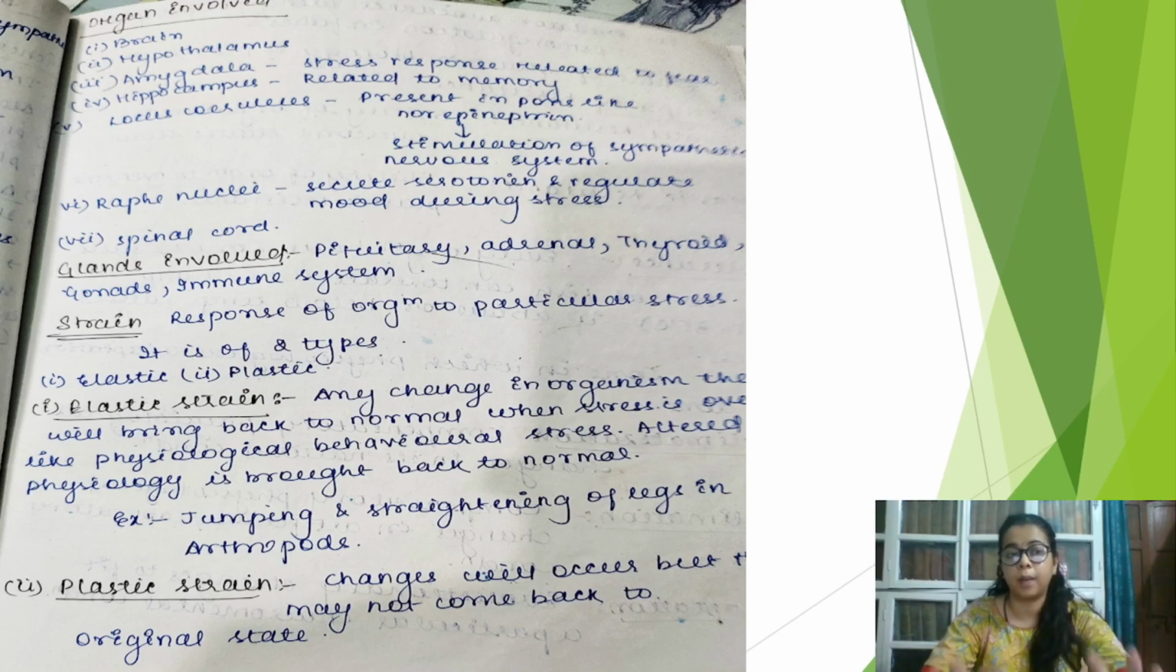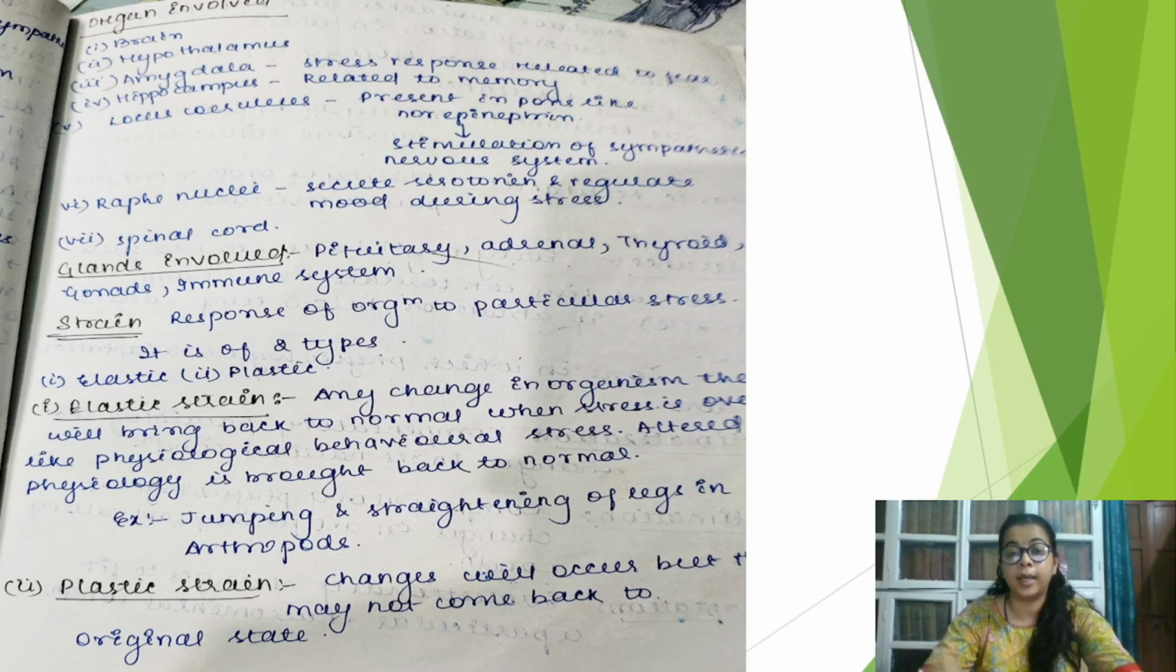So this is up to the organs involved, that is brain, hypothalamus, amygdala, that is, stress response is related to fear, hippocampus is related to memory, locus coeruleus is present in the pons, which is responsible for sympathetic and parasympathetic nervous system response, and raphe nuclei is responsible for secretion of serotonin, which is responsible for your mood as well as to regulate your stress condition, and spinal cord. All these organs are involved if you are undergoing stress for a longer period of